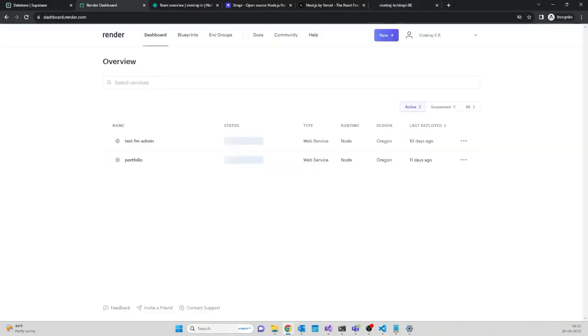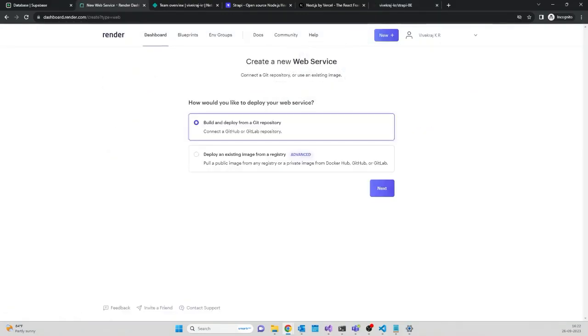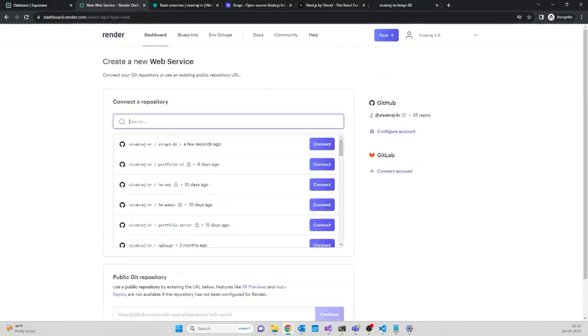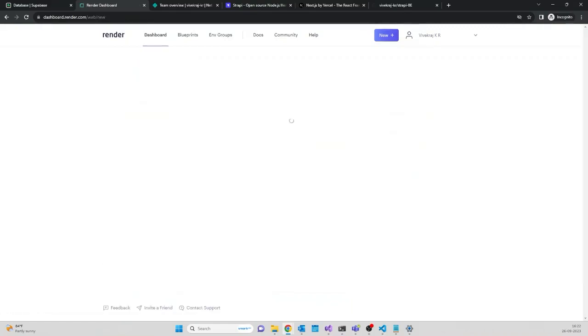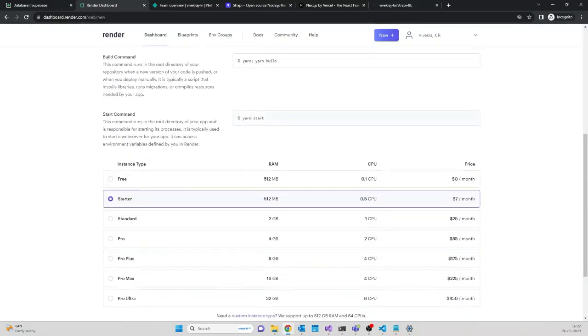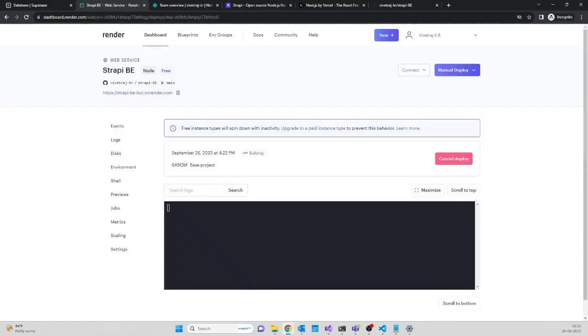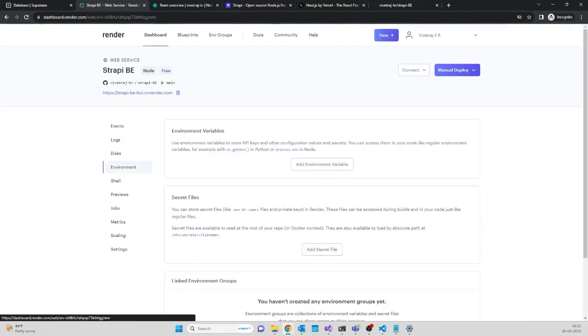Now if I go to Render, let me create a new web service from Git repository. So here it is showing up the latest push. I'm connecting it from here and naming it Strapi backend. Leave everything. I'm gonna choose free. Create web service. Yeah, web service is ready and it is trying to deploy, but definitely we have to update